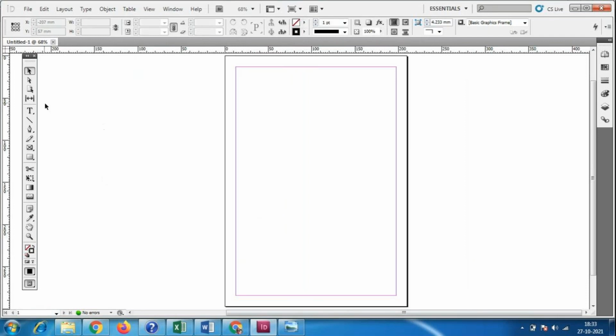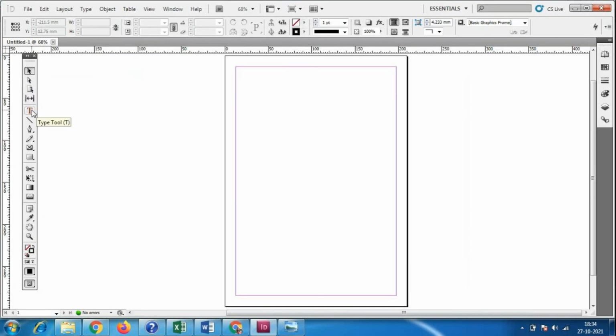Okay, so here we come to the toolbar. We have some very simple tools. One is this selection tool, and next is the direct selection tool. Selection tool and direct selection tool work like the move tool, and then there are the page tool and the gap tool.